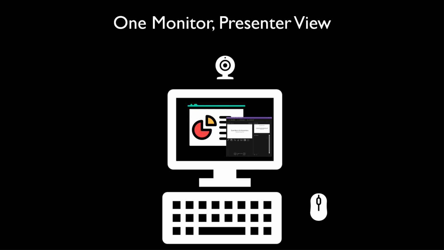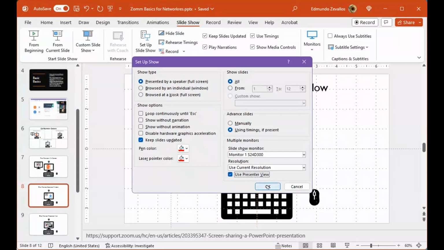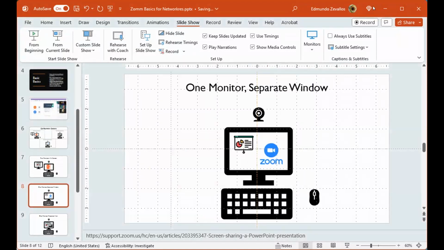And this one is a little trickier, because here's what I'm going to do. For the moment, I'm going to pretend that I'm only having one screen, and I'm going to go back to PowerPoint and the slideshow, and I'm going to go back to the settings that I had a minute ago. So once again, I'm in the slideshow, setup slideshow. I'm going to do presenter by full speaker again, and using the presenter view again. Now, don't worry. Mine is going to be over there, and I want it over there just to make this easier for me to show you, but it would apply the same way, okay? So if I were to do that and I start the slideshow,